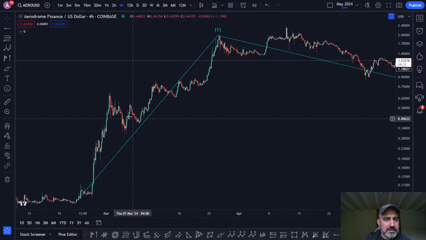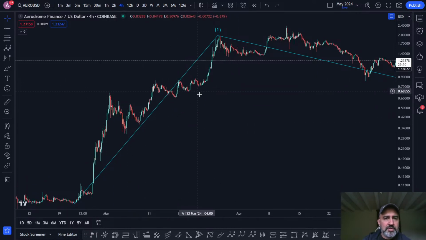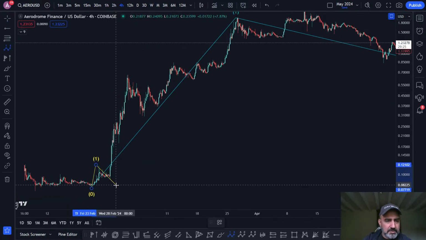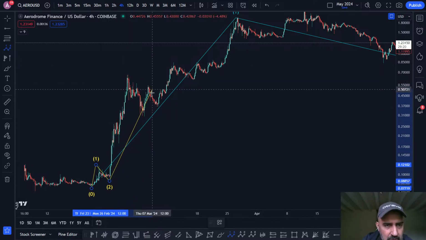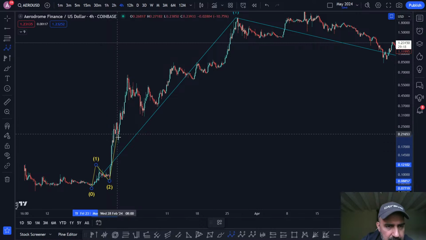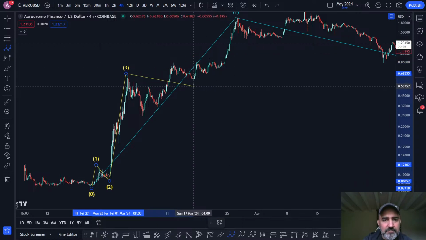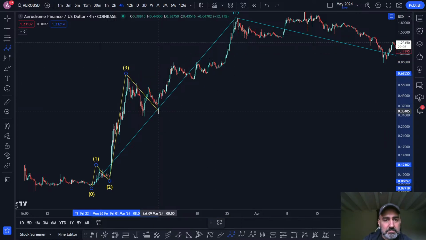You have to count, that's the thing. This whole thing is flat and then that. So let me just mark this out. Probably 1, 2, 3, 4, 5, maybe up to there. You can tweak these afterwards. It's good to just take a guess and then try and tweak it. And then here you see you've got to count 5 waves. 1, 2, 3, 4, 5.